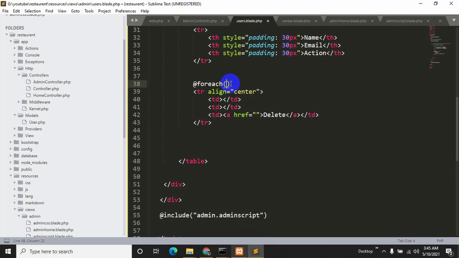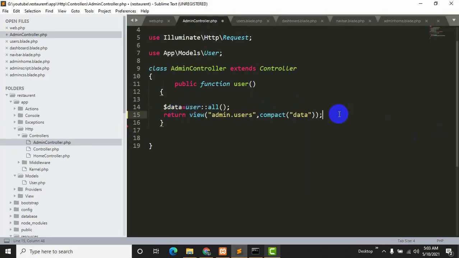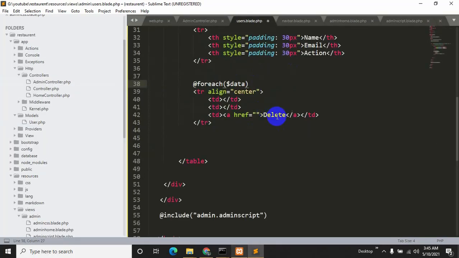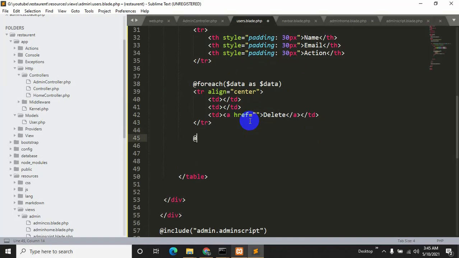We'll say @foreach ($data as $data). This $data is actually coming from here, $data as $data, and it will run over here as the @foreach.